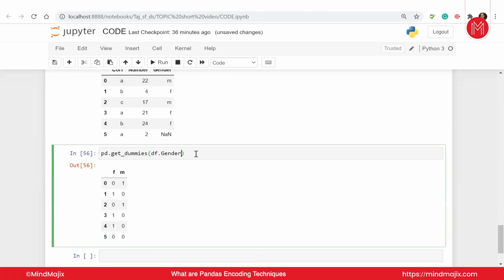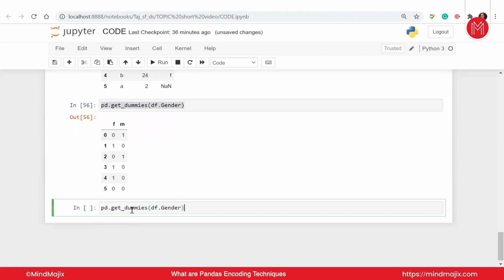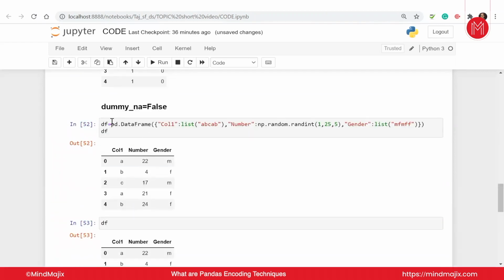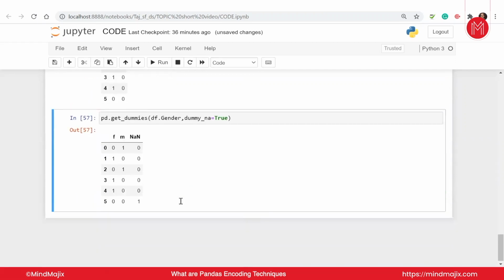Now, as we're talking about dummy_na, I'll go for dummy_na is True in this case. Okay, so it just creates another column. Guys, again, it is a separate category now.